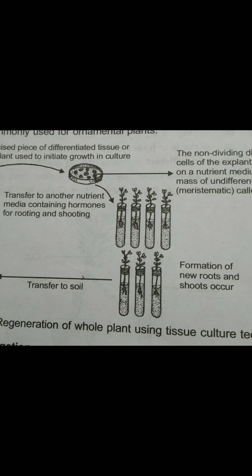Now what is the significance of asexual reproduction? This type of reproduction enables organisms to reproduce without a mate. That means a single organism is able to reproduce, and it also does not require the time and energy it takes to search for a mate. Generally in sexual reproduction they have to search first for a female partner or a male partner for reproduction. Then it also results in the reproduction of a large number of offspring rapidly. At a single time, a large number of organisms can be easily reproduced.